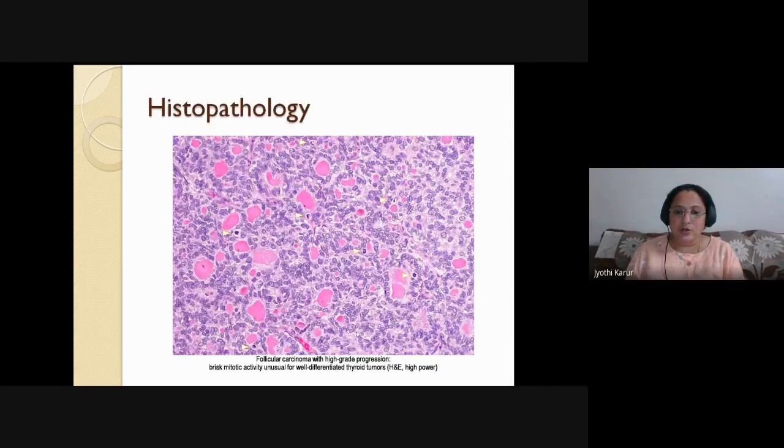So this is the histopathological picture. A middle-aged, or suppose a 40-year-old lady with long-standing multinodular goiter has undergone subtotal thyroidectomy. The histopathological specimen shows this. Now, can you tell what is the probable carcinoma? So it is follicular carcinoma.